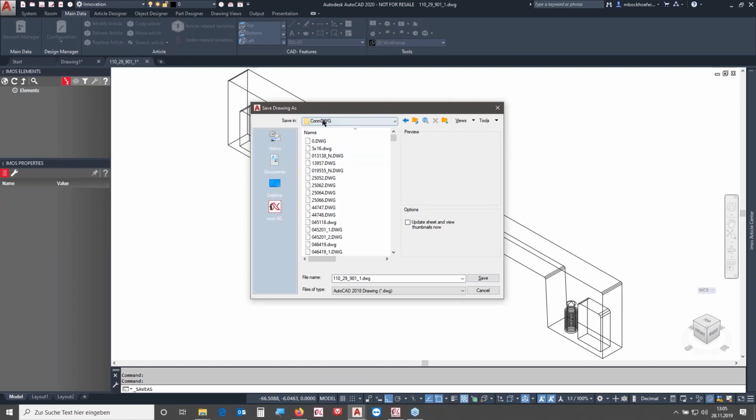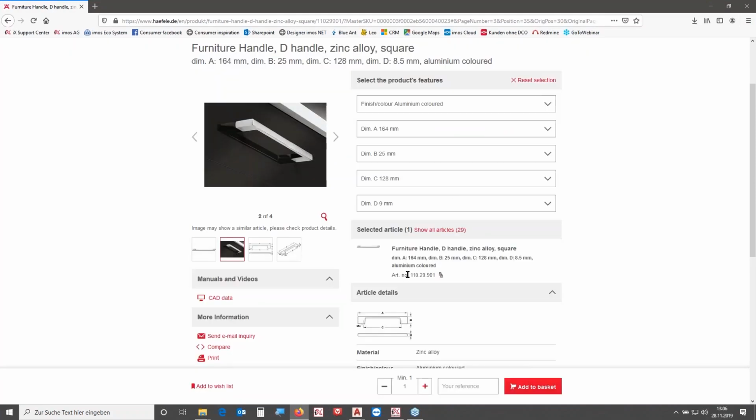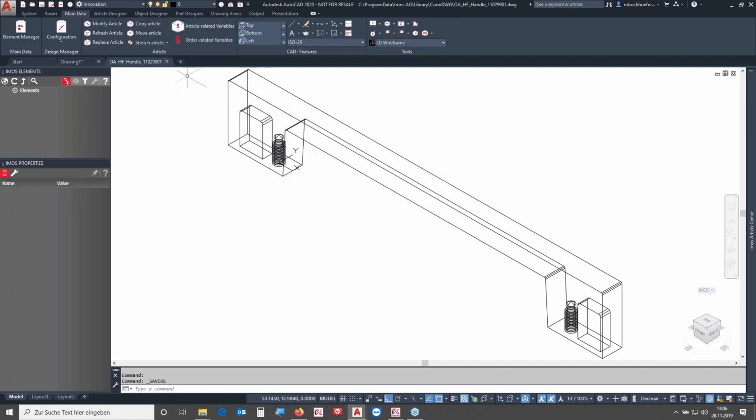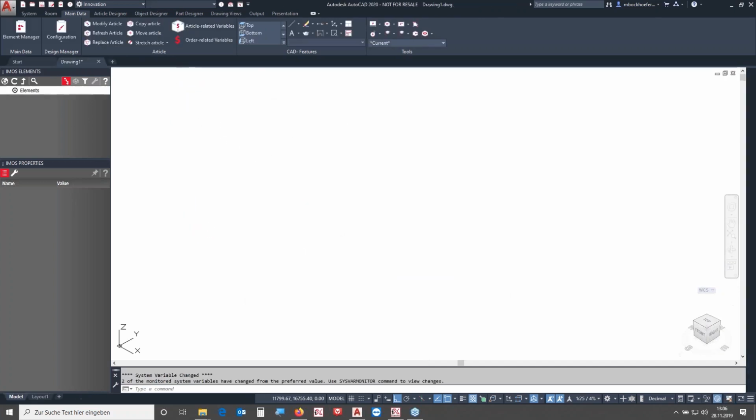So now I just have to save this drawing to the right destination folder here in my library. I will use my con.dwg folder where all the connector drawings are located, and now I name it Online Academy Häfele Handle underline and my article number is this one here. So I usually use the article number also in the connector drawing name. Like this, it's easier to find it if you're looking for the article number. So I save this handle and now I can